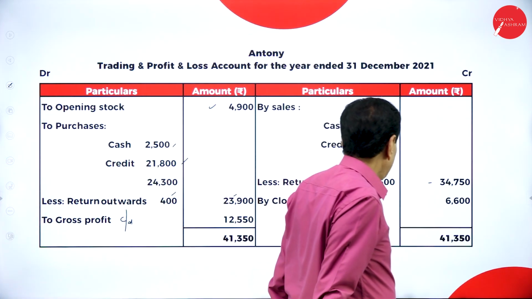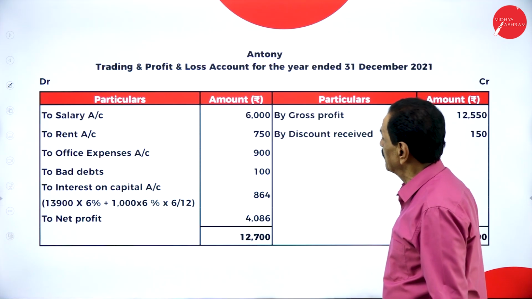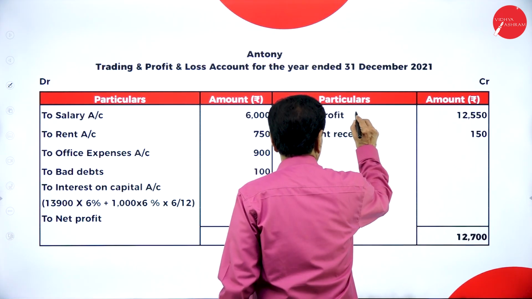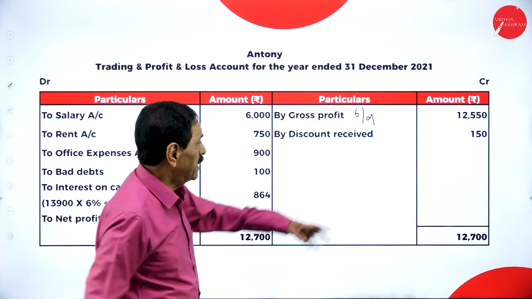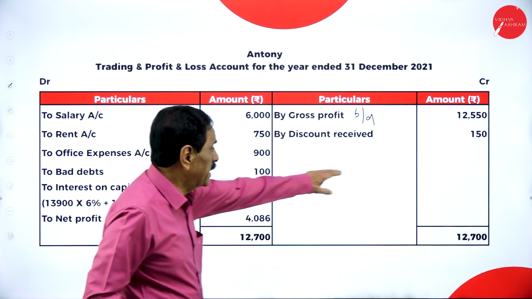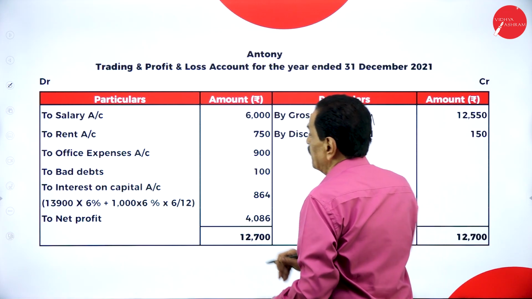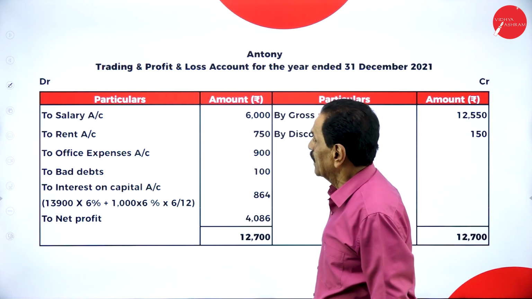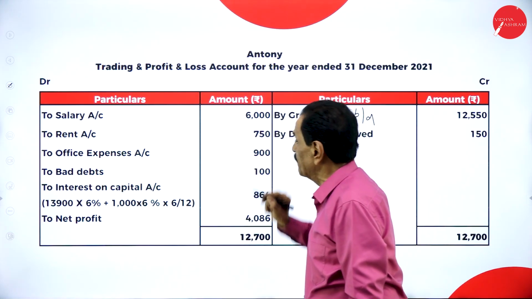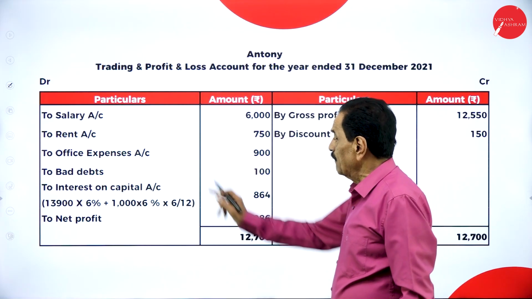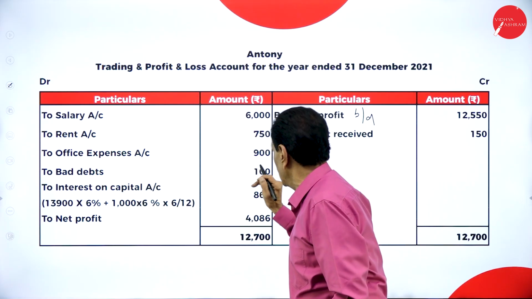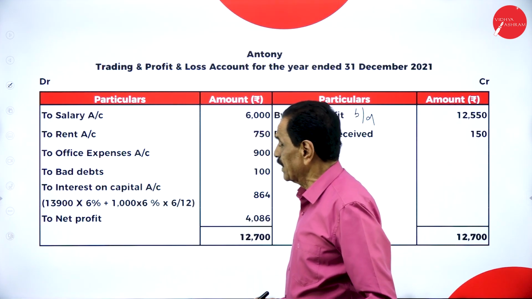Then we have to prepare the profit and loss account. By gross profit brought down 12,550. By discount received 150. Salary paid 6,000. Rent paid 750. Office expenses paid 900, all from the cash book. Bad debt 100. Interest on capital